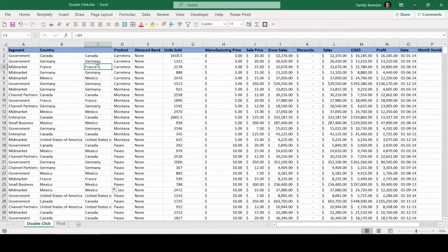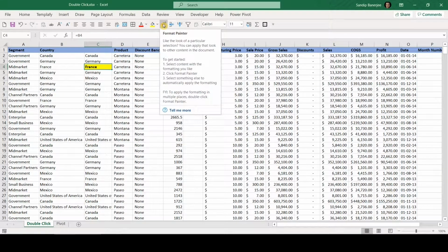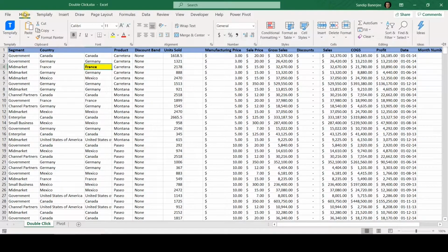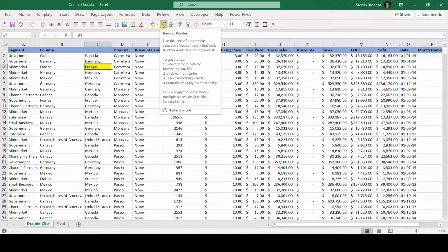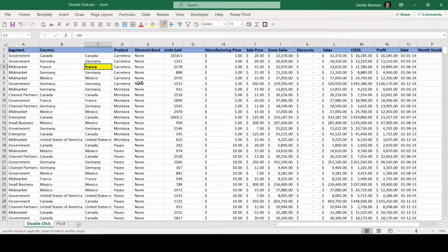First of all, let me just format any of the text. Maybe this is yellow and maybe I'll do it bold. So now I have formatted something, right? Now, if I just click on this particular cell, if I click on Format Painter, you may find it under the Home tab also. I actually added it in my quick access toolbar because I use it very often. So if I now click on this Format Painter and if I select anywhere, it will change that particular format.